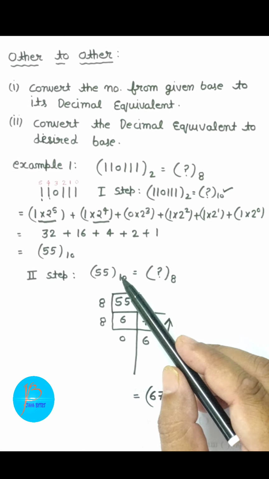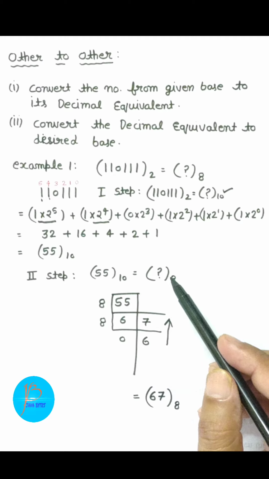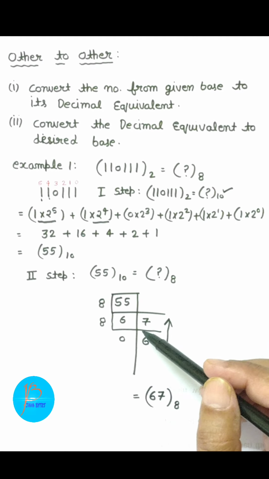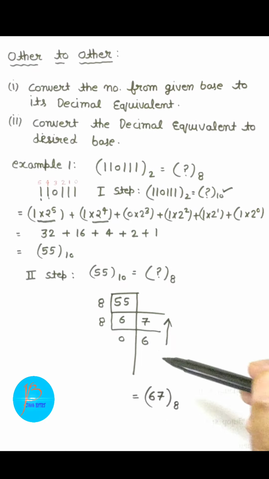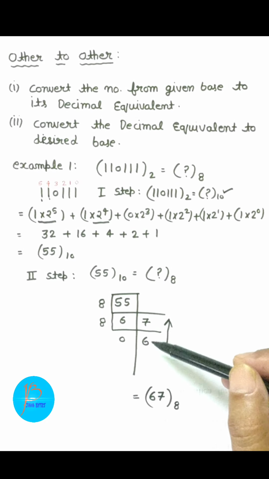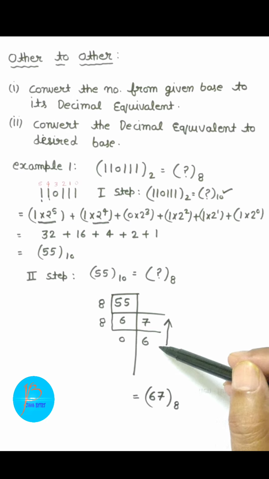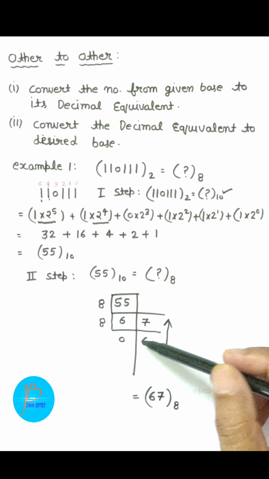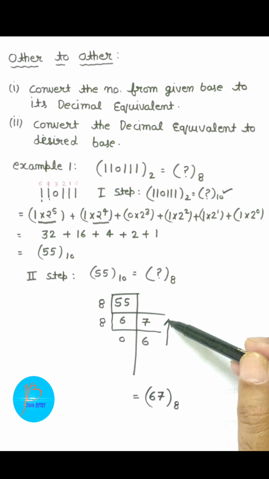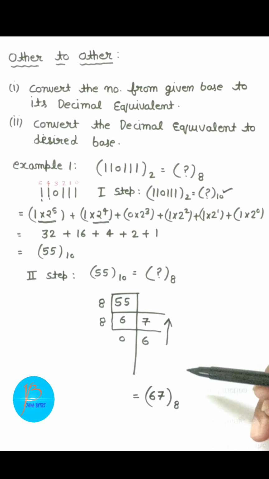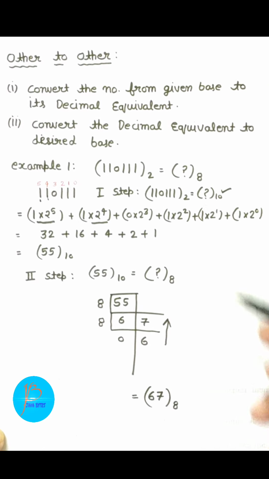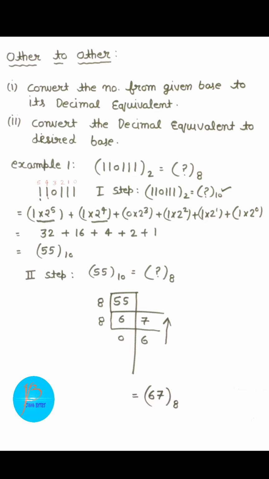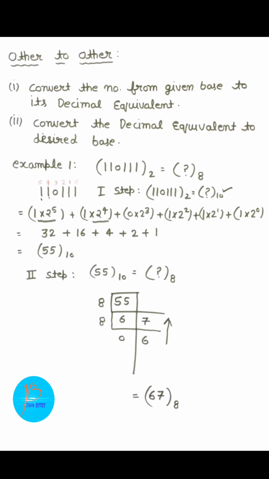You know that 55 is on the base 10. How to convert it? You know that we will divide the number by the desired base. So you have to just divide 55 by 8 and note down the remainders. You see that in two steps your number will be turned to 0, and after that you will copy down the remainders from bottom to top, so your answer will appear as 67. ओके ना क्लास? तो बेटा ऐसे दो स्टेप में आप अपनी इन प्रॉब्लम्स को सॉल्व करेंगे. क्लियर है? And now I take you to the second example.